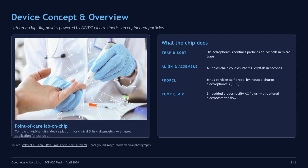The core idea is simple but powerful. Instead of bulky external pumps, we use microparticles themselves as the active components inside a small chip. Apply a low voltage AC or DC field, and these particles trap, sort, propel, pump, mix, and even help detect